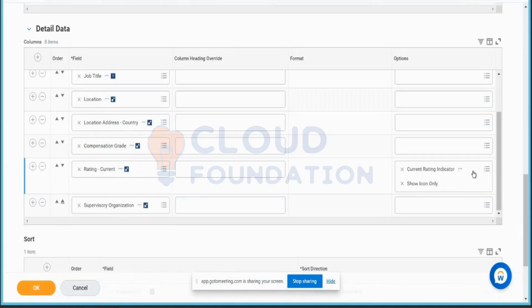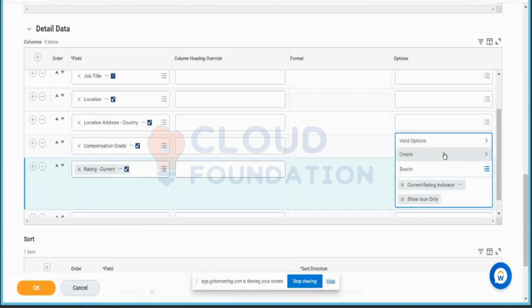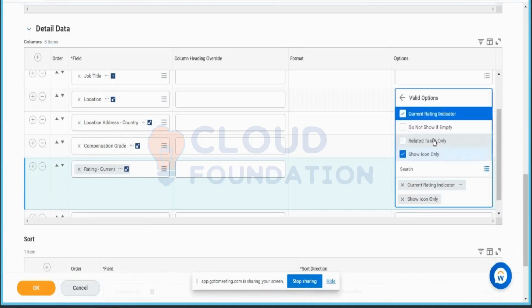So you have multiple options. Let's look into the options here. Valid options. So I have chosen these two. I have chosen current rating indicator, which is the analytical indicator that we created, and I have mentioned it as show icon only. For some reports, like if you are creating any custom reports grouping, then we can say related task. So when people click on that, it will take them to that particular task. Or I can also mention a condition saying do not show if it is empty. So don't show me this field at all if it is empty,